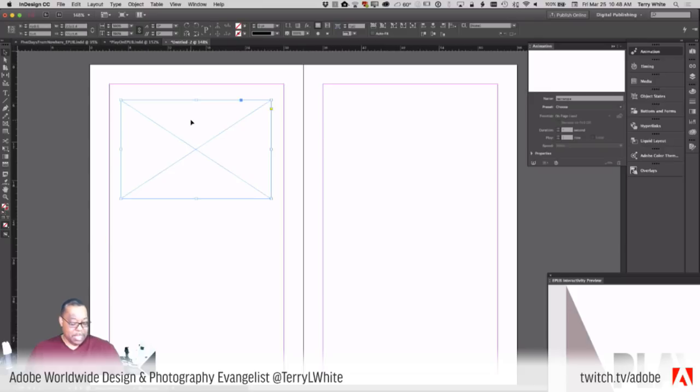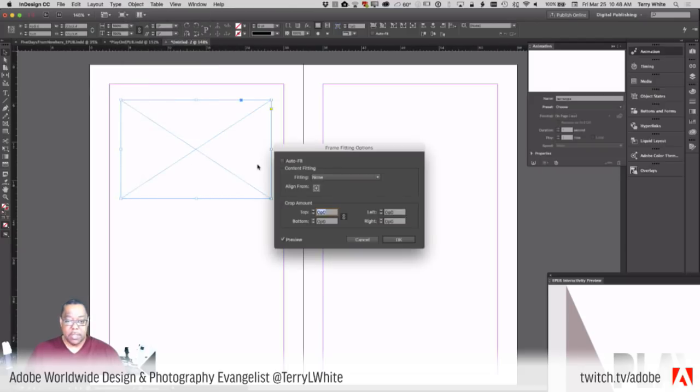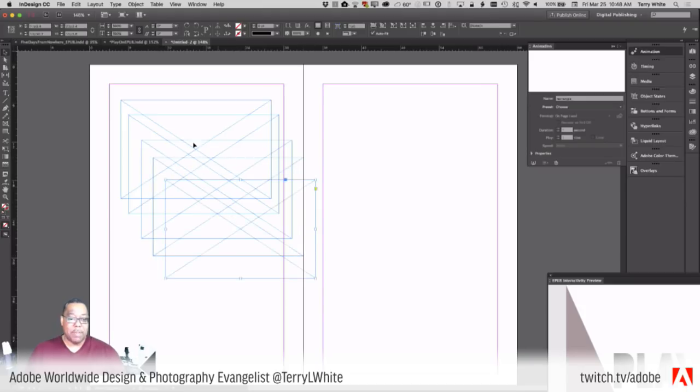All right, so now that I've got this, I'm just going to hold on my Option key or Alt key. Actually, before we do that, one more thing. I'm going to set the fitting for this to auto fit, fill frame proportionally from the center. Okay. So now I can duplicate this by holding down my Option key, and we'll make 1, 3, 4, 5. We'll make 5 frames. All right, so now that I got 5 identical frames with all the same options, we'll go ahead and place,